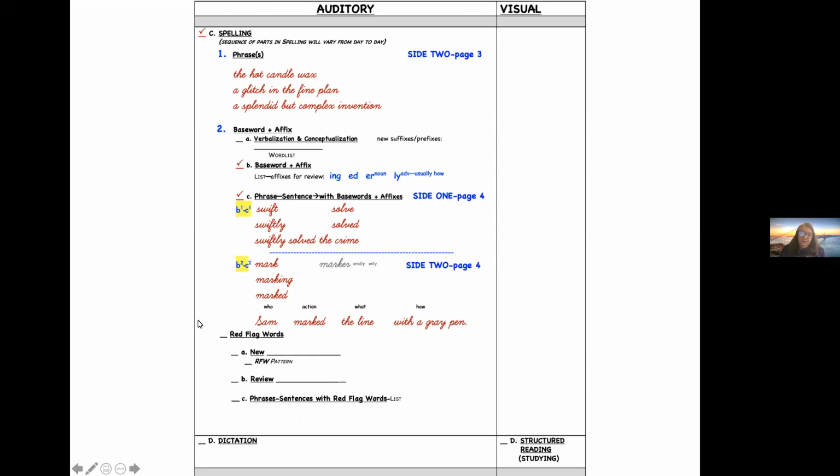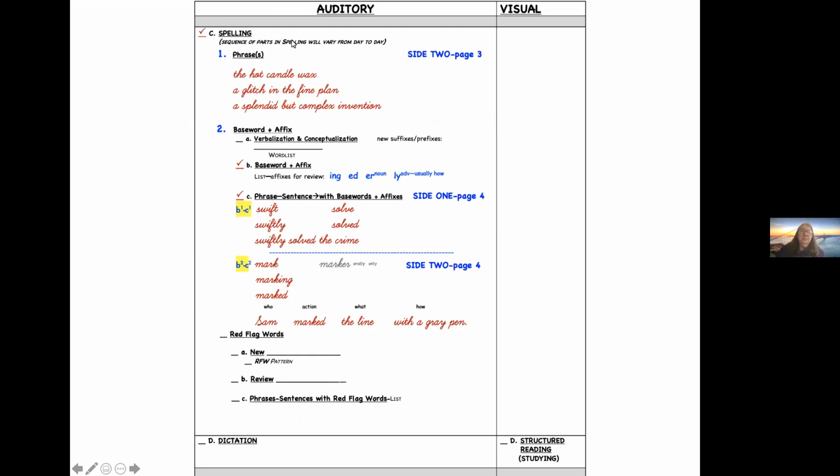But remember, we also said that if you're planning an auditory lesson, you start at the bottom, you start at the end, and you work up in the other direction. Having said that, it's not just the sentence here, but it's also this phrase and the suffixes and the other things that we're using in spelling. And then there were phrases here.